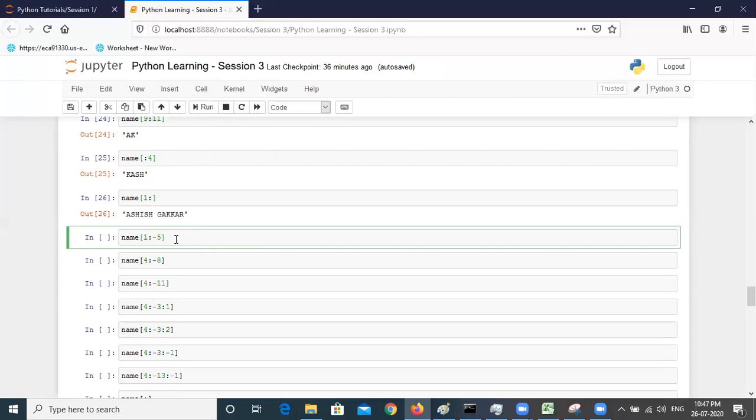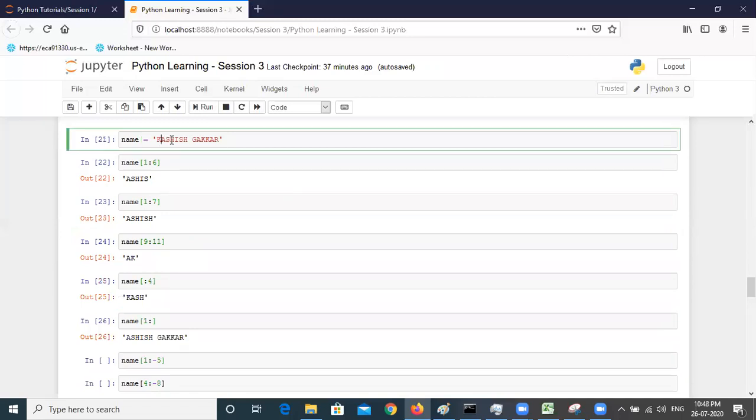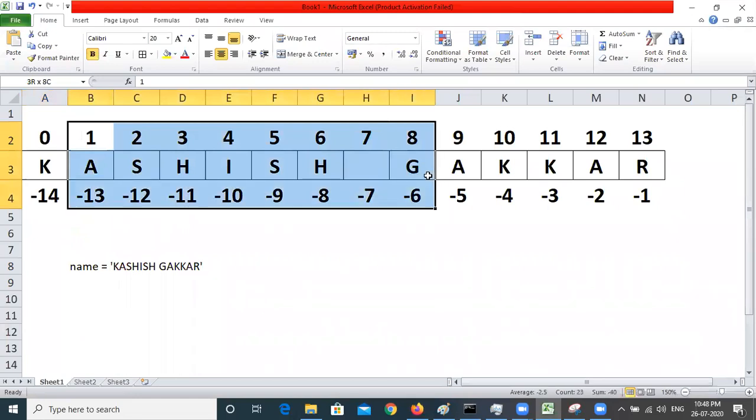Because if you practice these, trust me, you're not going to fail anywhere throughout the Python sessions. Let me check. 1 colon minus 5. So it will go up to here. So this will be the answer.